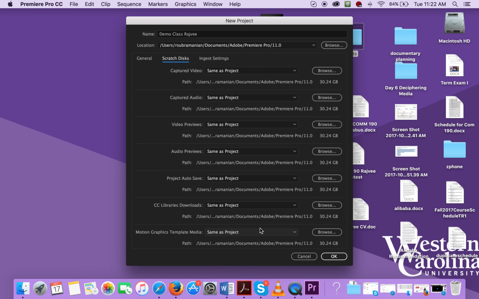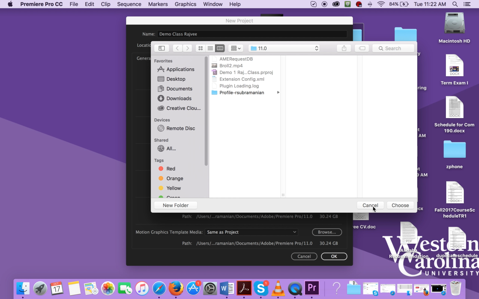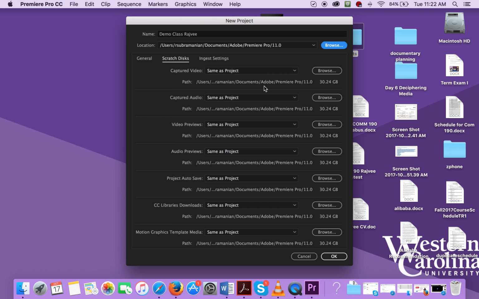If you want to use that, I would suggest you try to store this at a location that you want. But right now, I'm going to stick with storing all my data in my hard drive within my computer. But if you're working with an external hard drive, then you should change all this. You should change your location to browse wherever your external hard drive is. And I would always suggest your project auto save should be saved somewhere external, because what if your computer crashes? I strongly believe in having multiple backups,